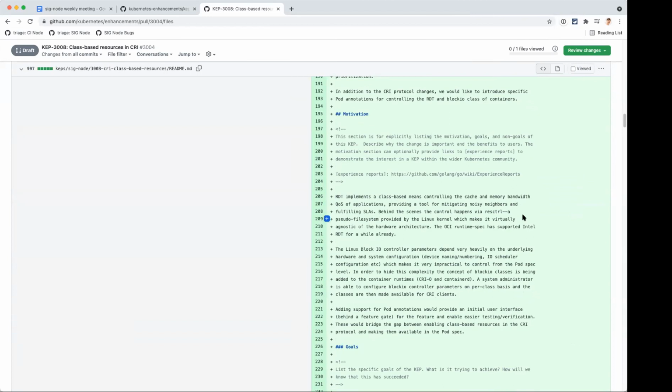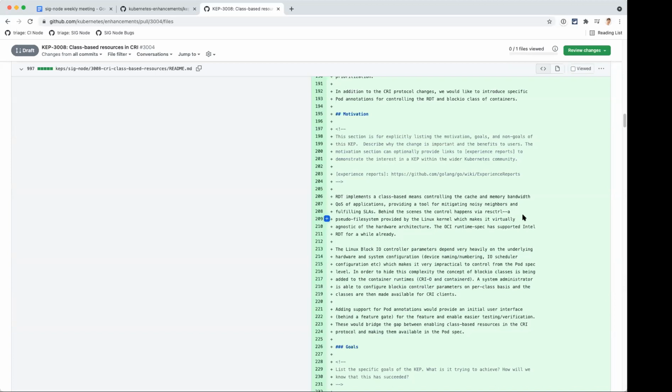And it's inherently class-based, so you have a finite limited amount of classes that you can configure through kernel interfaces, and then you can assign bits to these classes. And RDT is already supported in the OCI runtime spec,